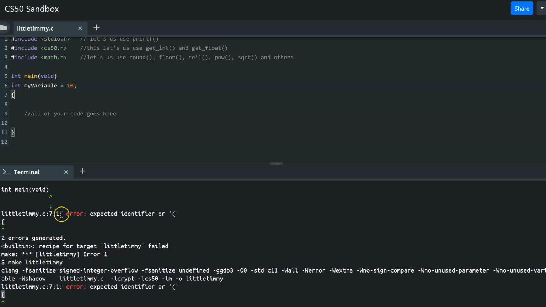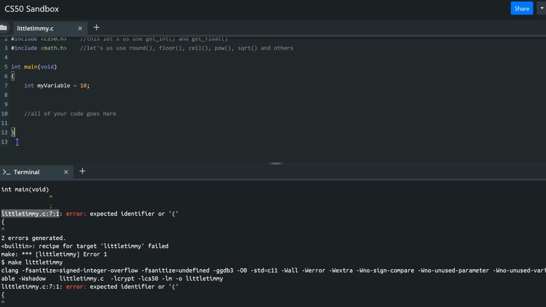So usually when you're debugging, that's what this is called, I got something wrong with my code, I'm debugging, you can use that location, little Timmy, line 7, character 1, as a general guide for where to look. And then you got to think about what might be wrong. The bracket being under that variable declaration is the real problem. So if you put the bracket where it goes, right after int main void, right after that line, and then this variable declaration is under that bracket and above that other bracket, now if I try to compile it,